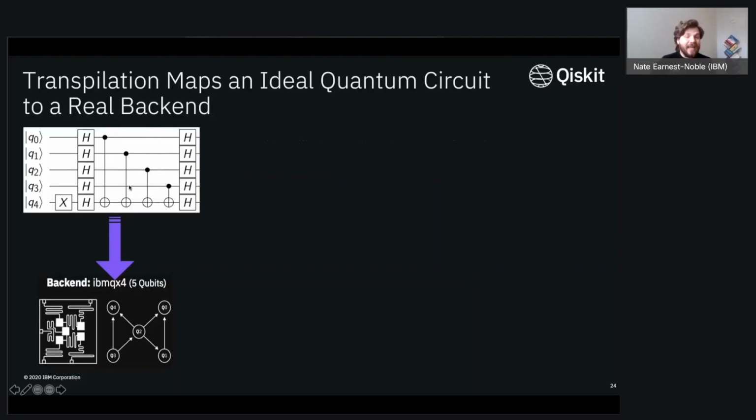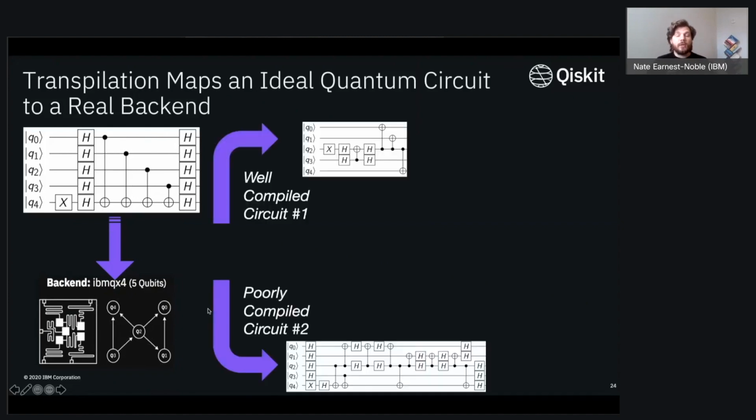But then when you actually take the real quantum hardware that you want to use and you look at it, what you'll end up seeing is, say, that Q4 in the instance of this specific chip doesn't actually have any connection with Q0, or also it doesn't have any connection with Q1. So because of this, you're going to have to introduce swap gates and whatnot in order to actually get this circuit to run on some real quantum hardware. When you do this, you can do it well, in which you ensure that you get the minimum set of gates that you possibly need to implement this circuit, or you can do it in a poor manner.